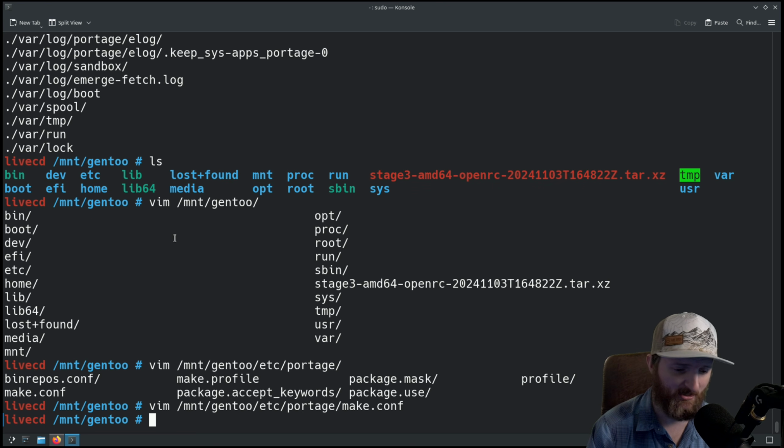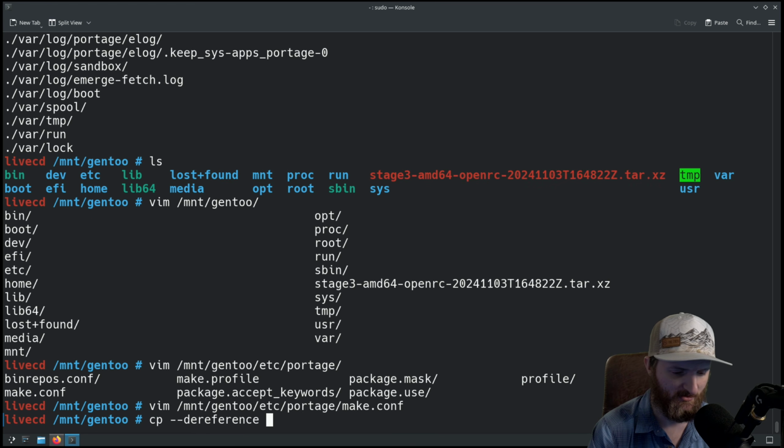I do apologize, but pretty much, if you use the live GUI, they've got a tool that you can use to connect to your network and everything like that. And then you can use ifconfig and stuff. You should know how to connect to the network. Pretty simple stuff. So we need to copy over